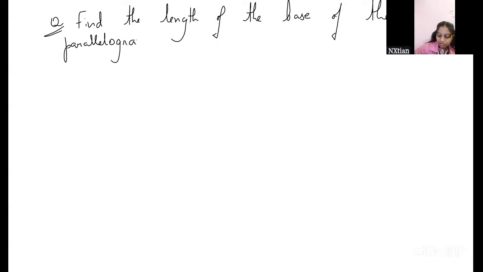Don't get confused by this line, okay? You just have to find the base. Length is written, so don't get confused. Length is basically talking about the measurement of the base,